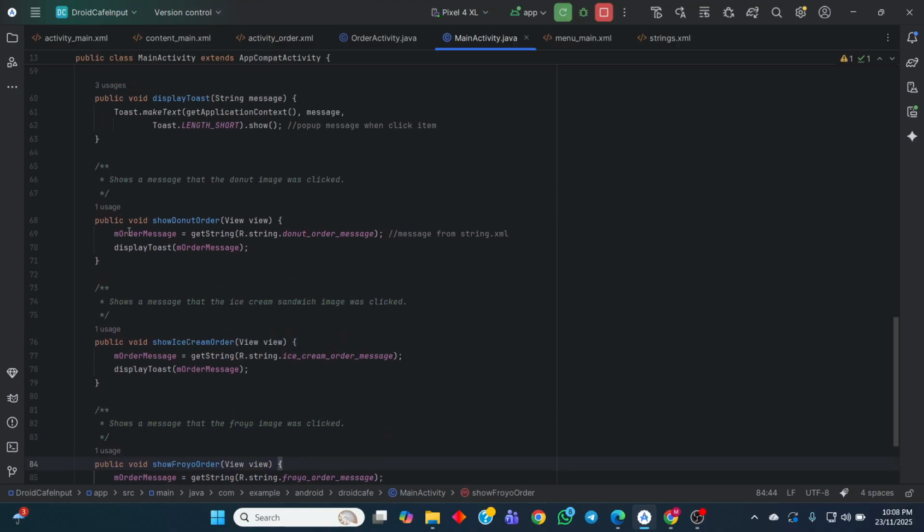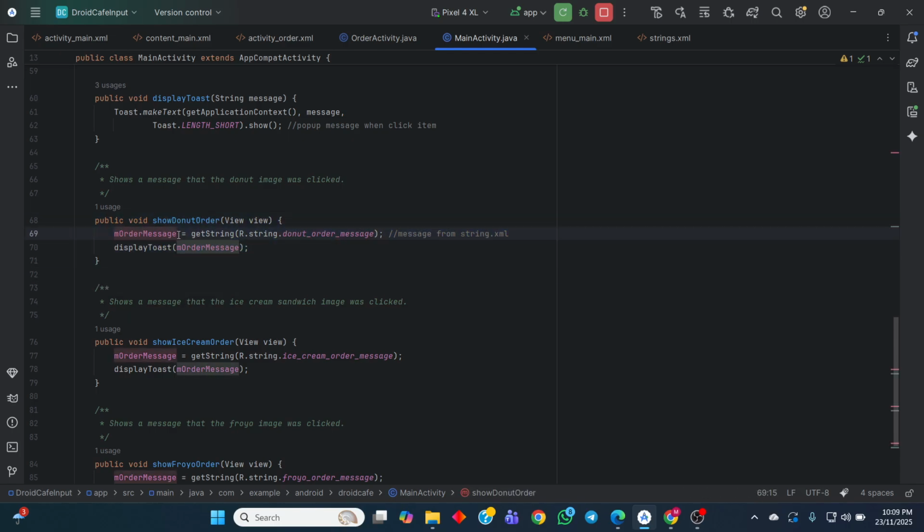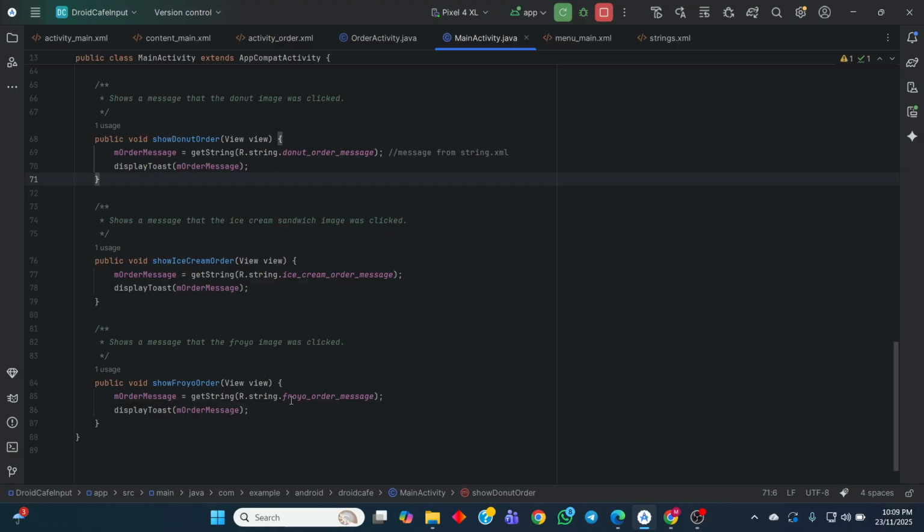For example, if the donut is clicked, we will set the order message using the donut order message. Or if we click ice cream, it will set the ice cream order message. And if Froyo is clicked, the Froyo order message will be displayed.